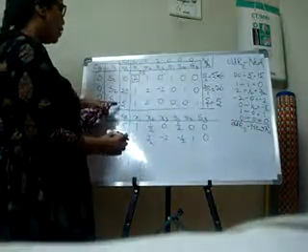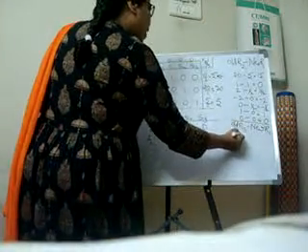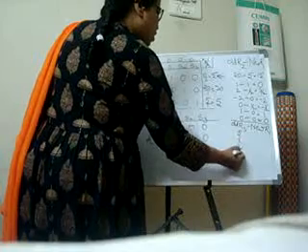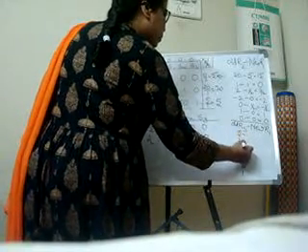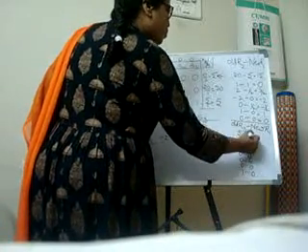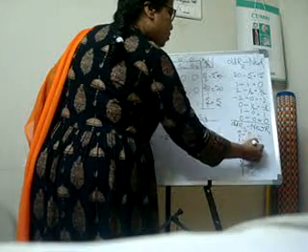So what do you have? Old R3 is 5, 1, 2, 0, 0, 0, 1 minus new R1. What is the new R1? 5, 1, half, 0, half, 0 and 0. So you get 0, 0,